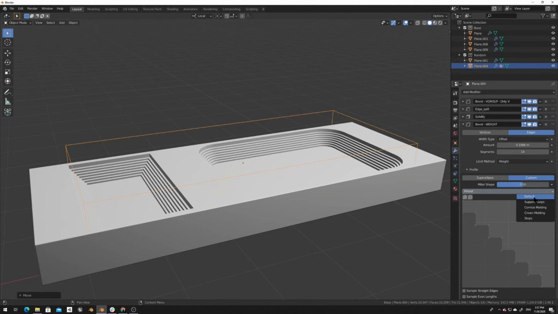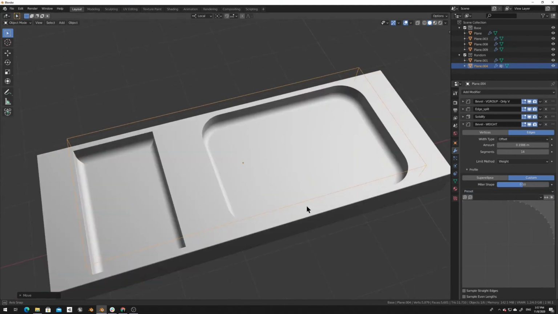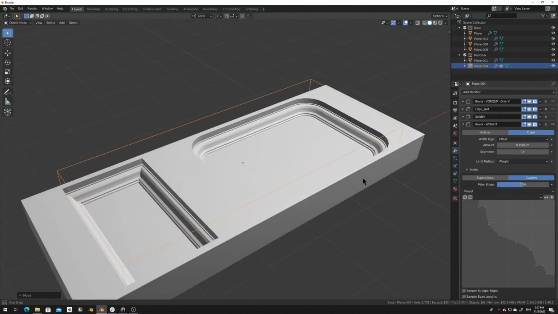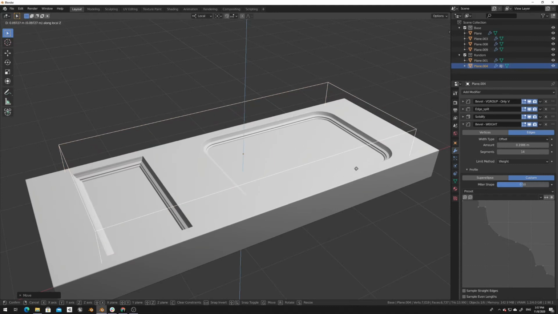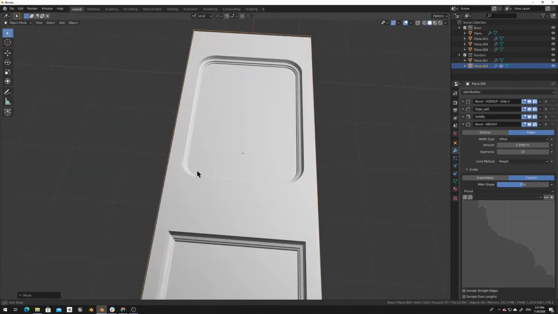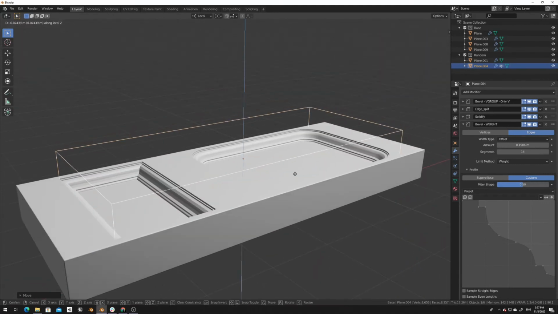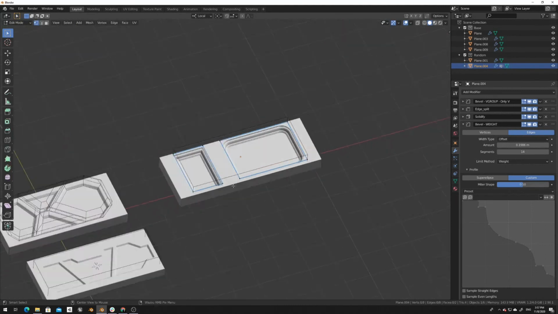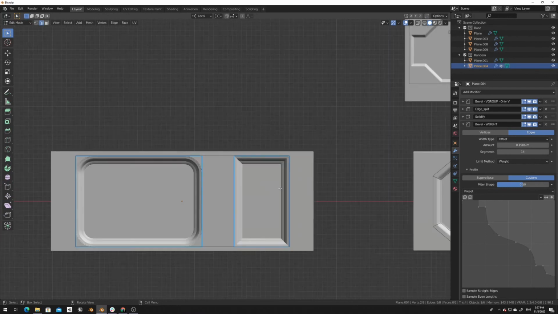If we choose maybe this one, it's not so interesting, maybe this, and we see that we have some Baroque design, and it's still flexible, it's still easy to change